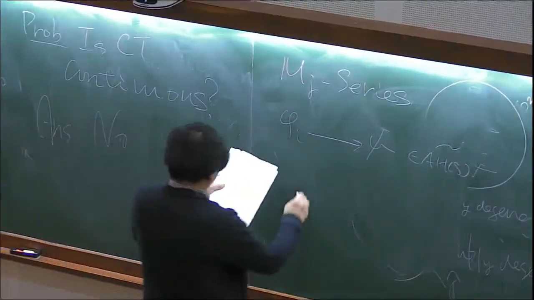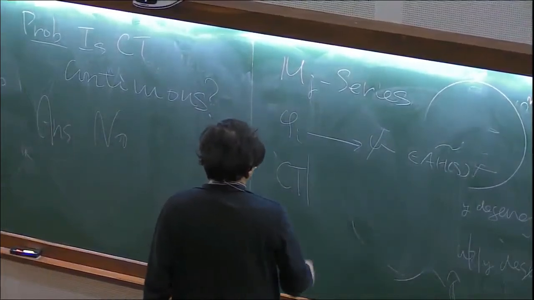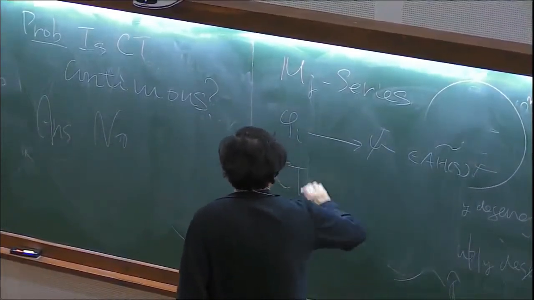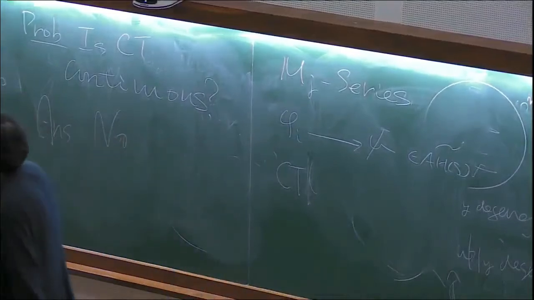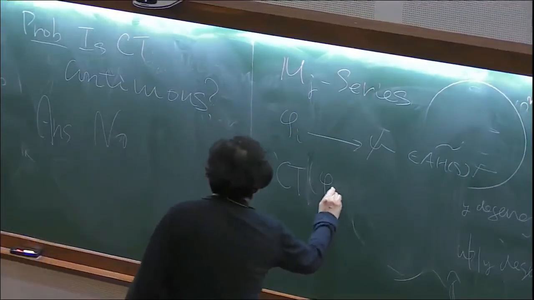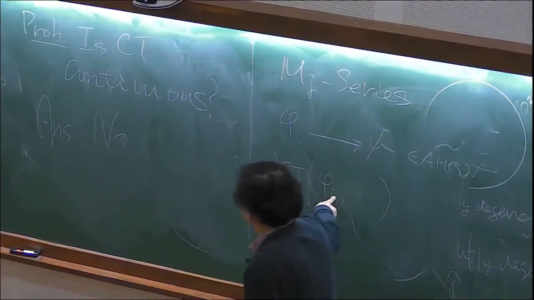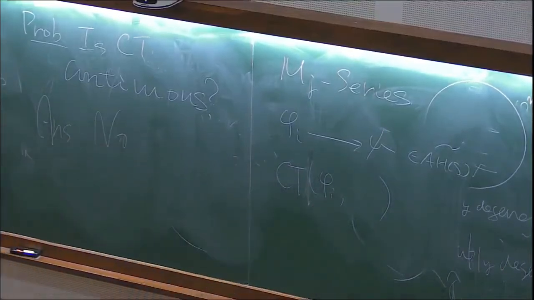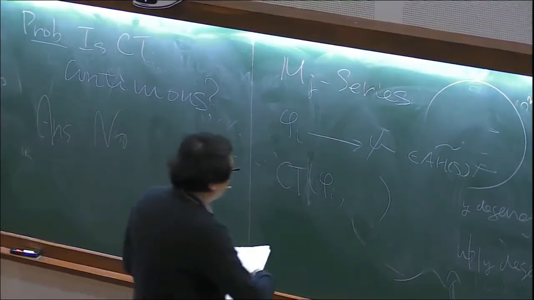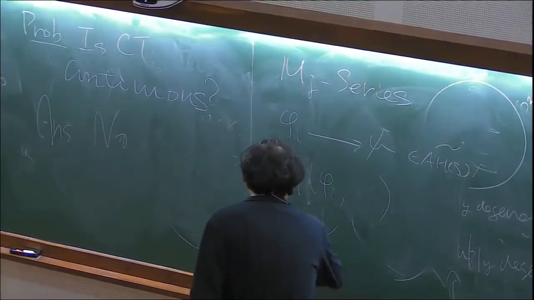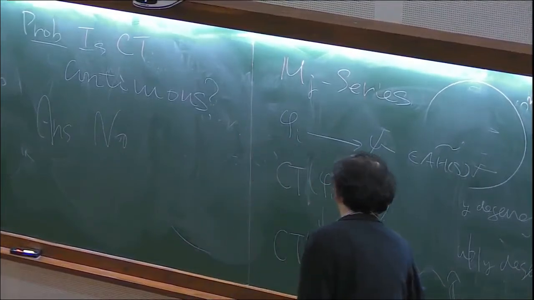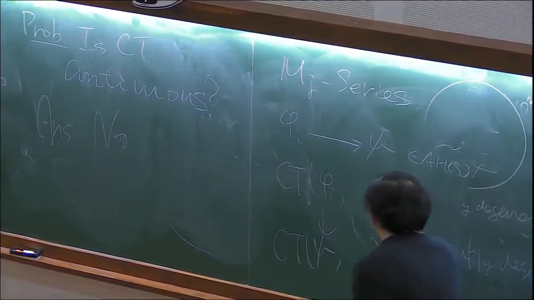Then CT and psi_i, so we just put the psi_i here and regard it as a one-variable function on R hat. And this function converges to psi, this function, uniformly,